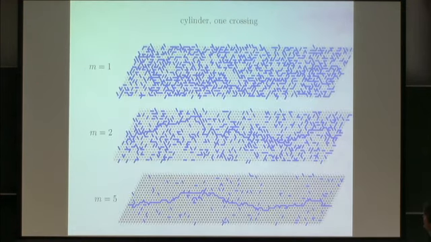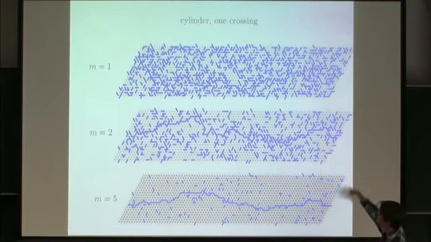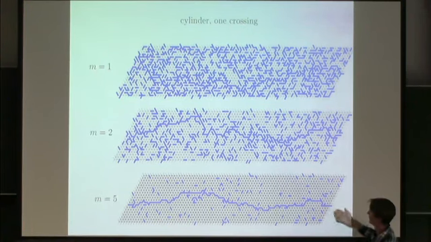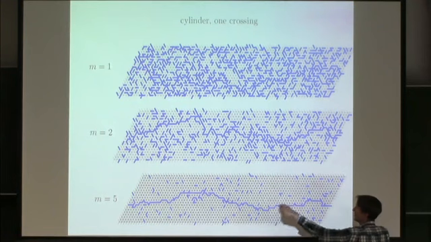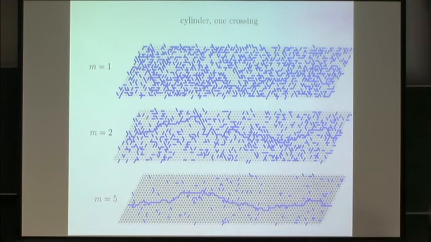I have some much better simulations over here, which I just figured out how to do yesterday. I cheated. This is really a torus, but imagine that that's an infinite strip, because I couldn't simulate an infinite thing, but I could simulate it on a torus. But right, as you increase the mass, this is one crossing with mass 5, and so it's very unlikely. So all the other components are very small, but because we're conditioning on this thing being connected, it has this kind of interesting